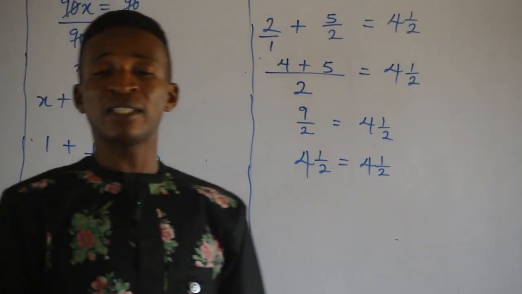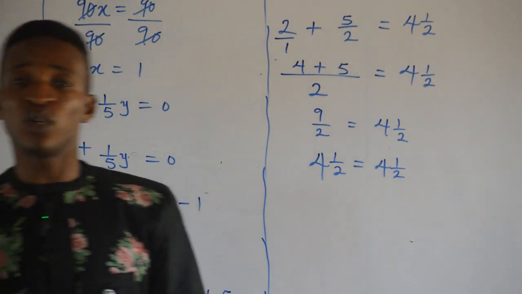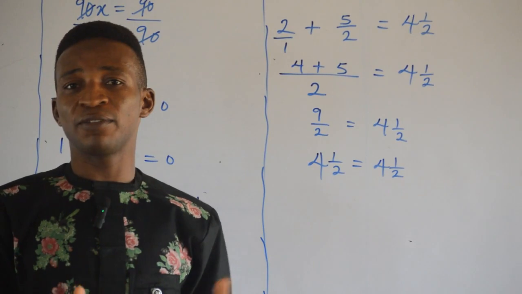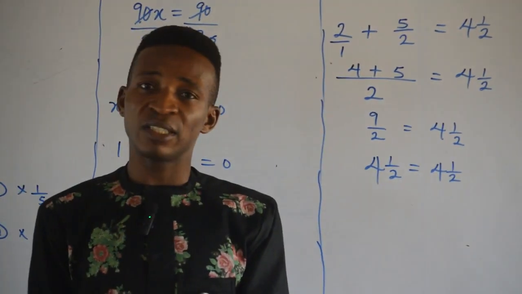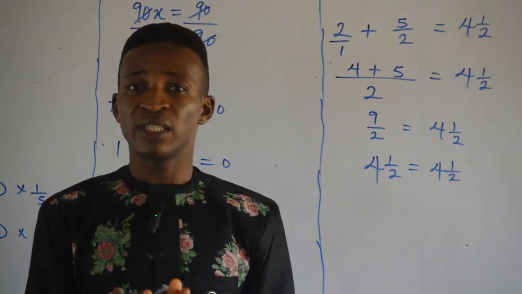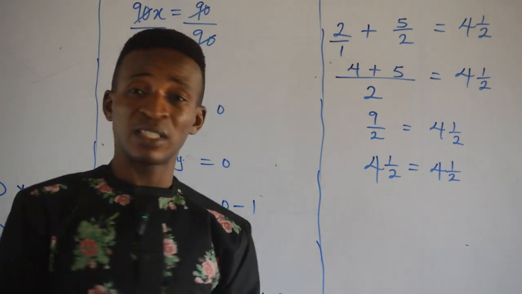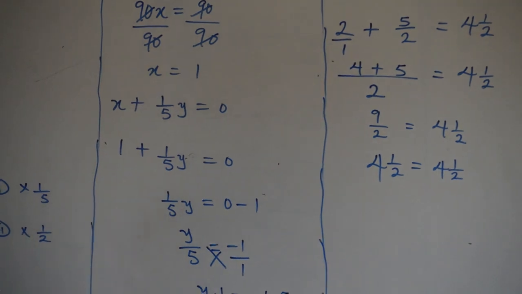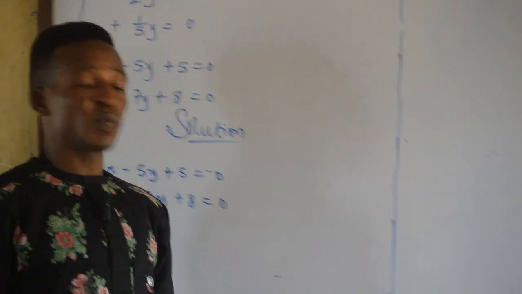So that means our answer for LHS is the same thing with what we have for the RHS. And just like the way we have been doing it, if your answer for the LHS is the same thing with the answer for the RHS, then that means your answer is very much correct. So that means what we've done here, we have gotten the answer for X as 1 and our Y as minus 5. Okay, so for the second question here,